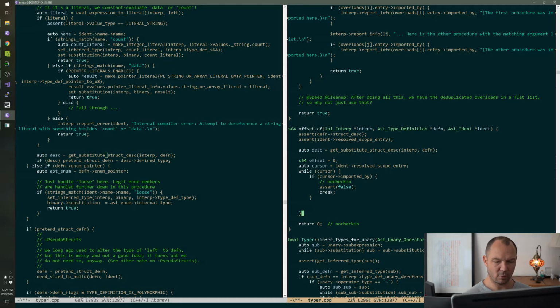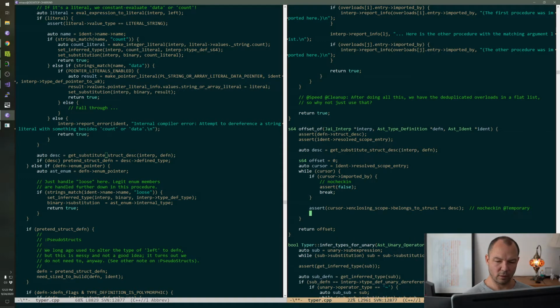And the dummy solution is assert cursor arrow enclosing scope belongs to struct is equal to desc. This is only true until we handle the using, so that's a very temporary assertion.